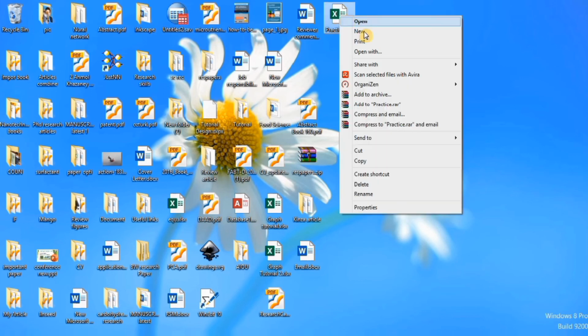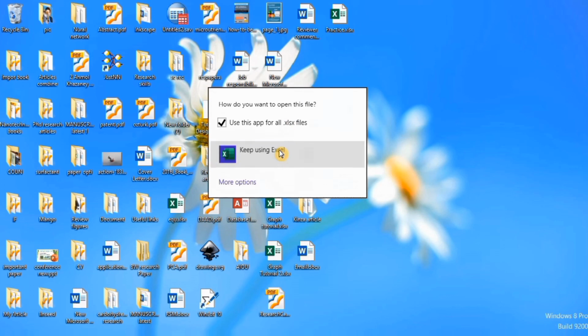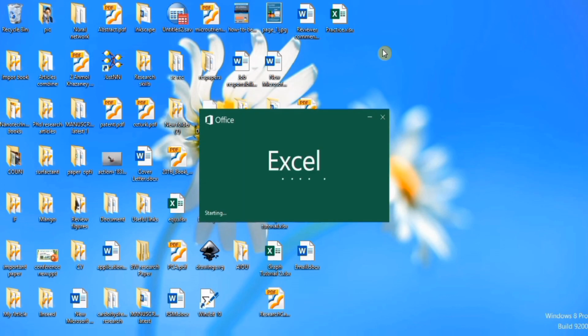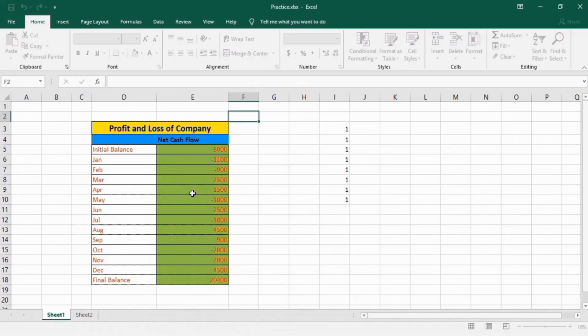It opens with Excel. Now you can see here it is asking for a password. I will enter the password 123 and click on OK. Then this file will open.